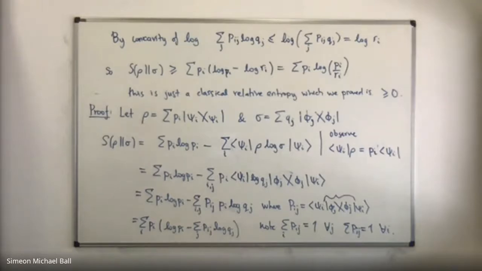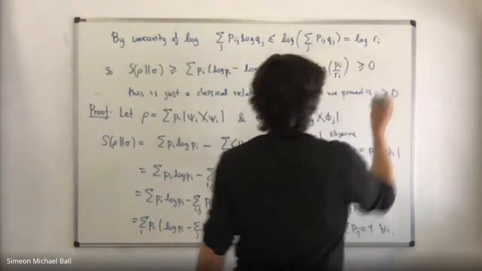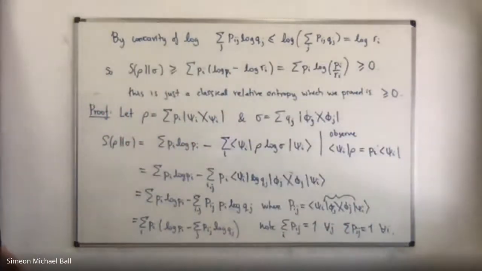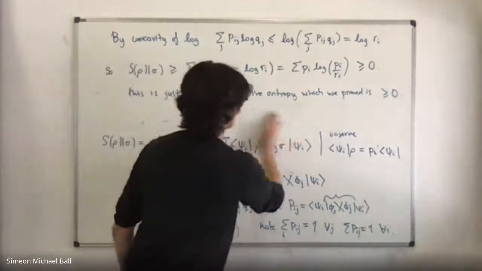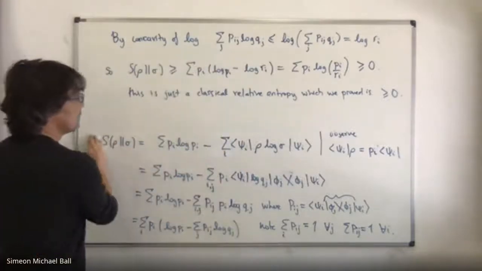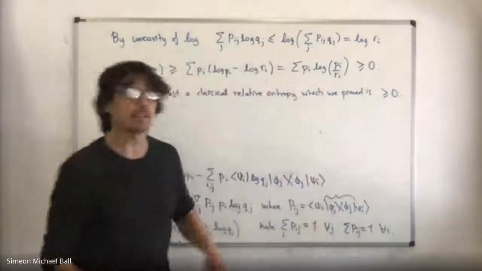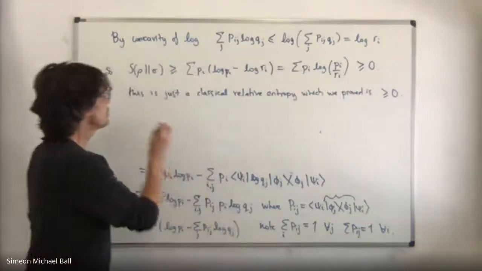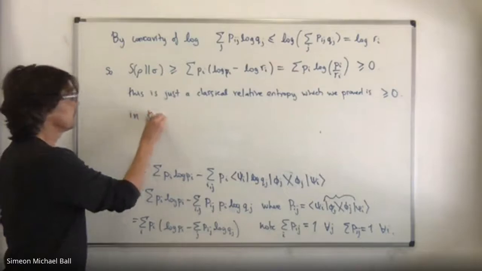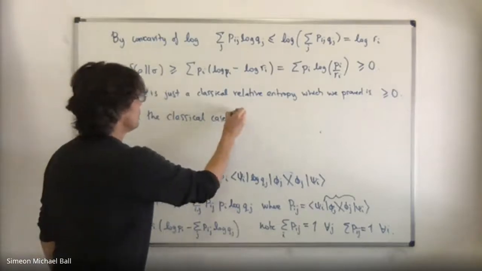So that proves that this thing is indeed greater than or equal to 0. It only remains now to look at the case of equality. In the classical case, where we had relative entropy, we had equality only when the two distributions were the same. So in the classical case, we have equality